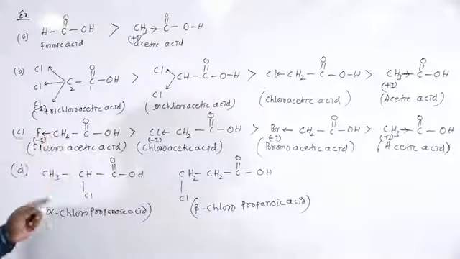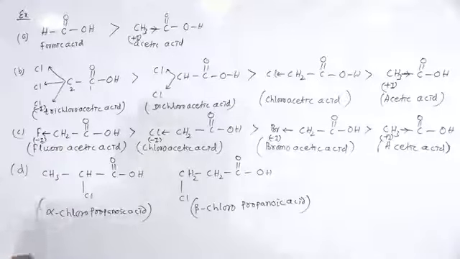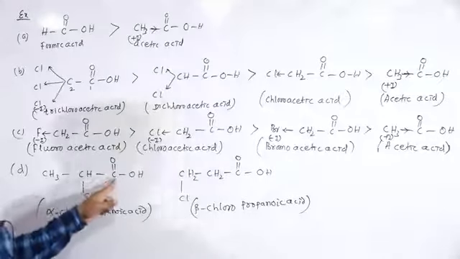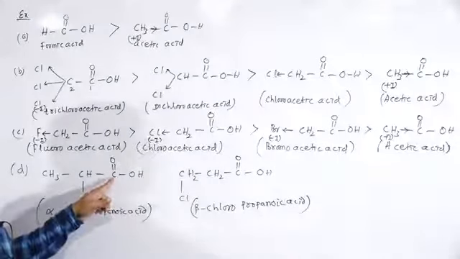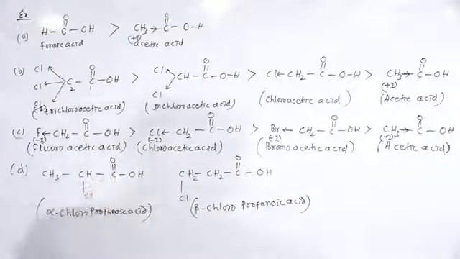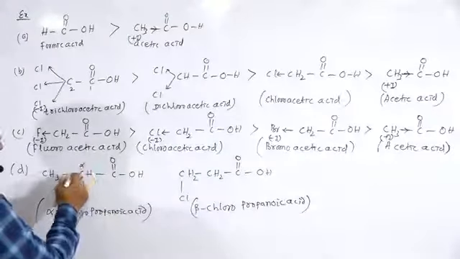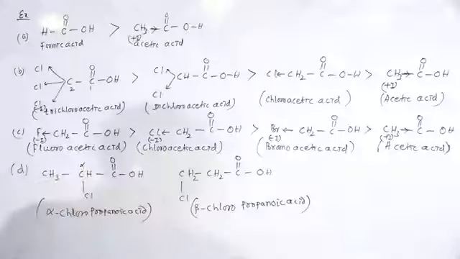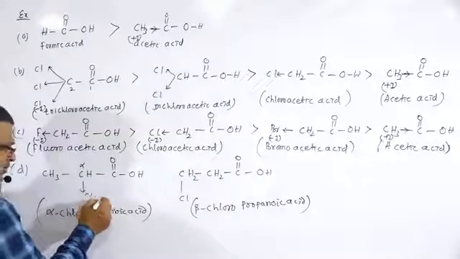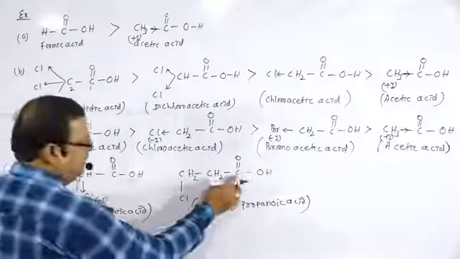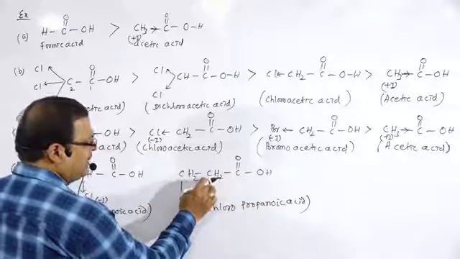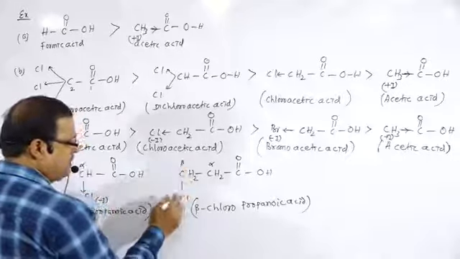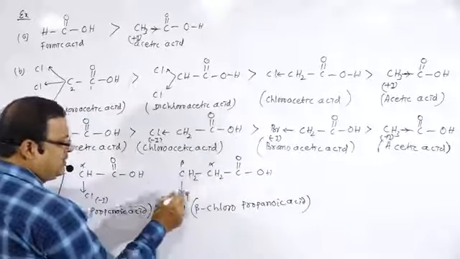This is the trend of acidic behavior: where the electronegativity is more, the acidic behavior will be more. And the fourth example explains the position of the minus I group. This is your carbonyl group, C double bond O. The carbon atom nearby this carbonyl group is known as the alpha carbon atom. If the minus I group is attached to this alpha carbon atom, and the next carbon is beta, then the minus I group is attached to the beta position.